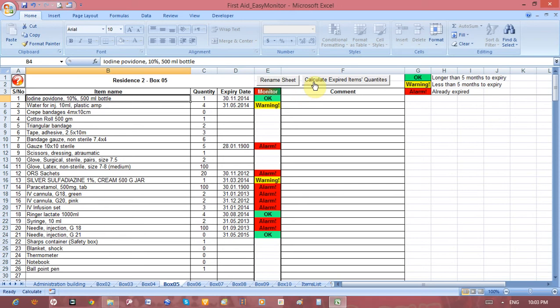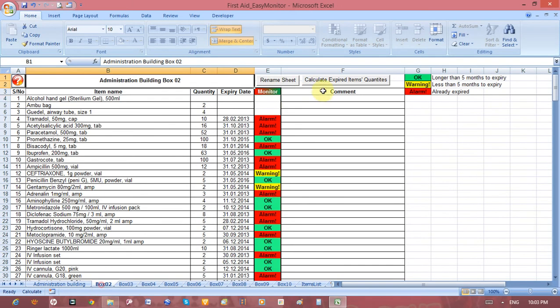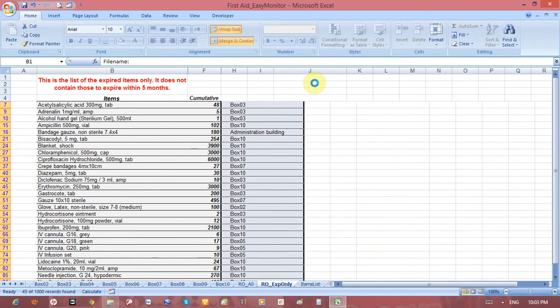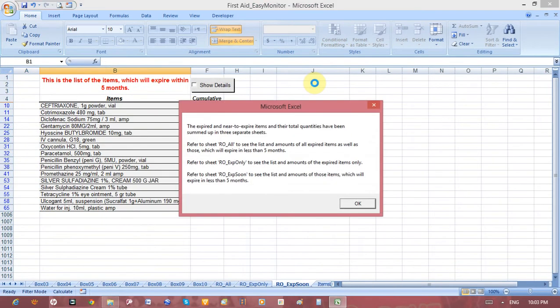It is very easy. The program does all that for you. You can use this button in any of the sheets. In all of the sheets it's the same. This does a calculation across all 10 sheets. Or you can use the Control Shift R shortcut, and let's see what it will do. And just so it's like magic, it's calculating. Okay,